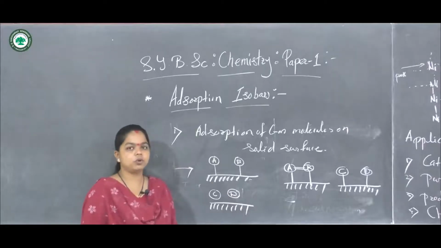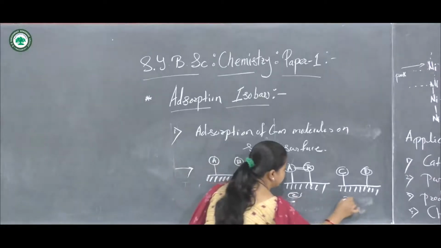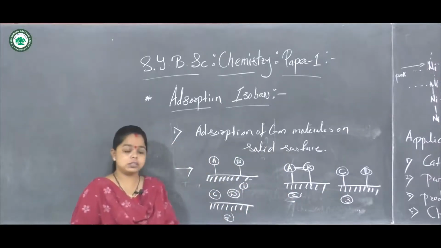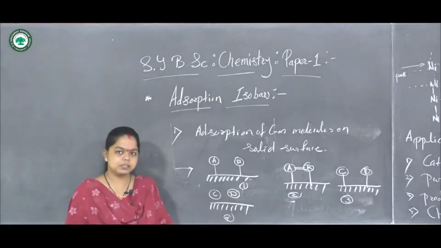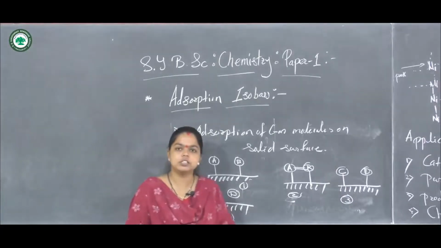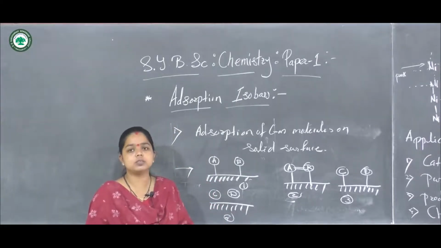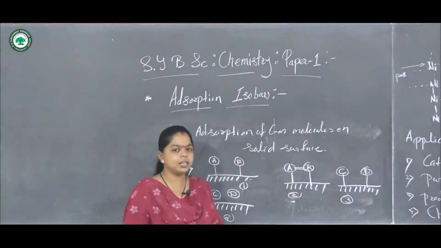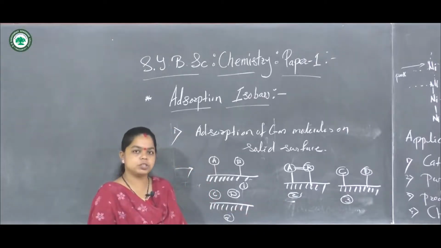So this is the fourth step. This is first, second, third and fourth. So these four steps are involved in the catalysis process. So catalysis will increase, or the use of the solid surface area or the adsorption process will be very useful in initiating the rate of reaction or fastening the rate of reaction. So different types of heterogeneous reactions can be carried out by using this adsorption process.